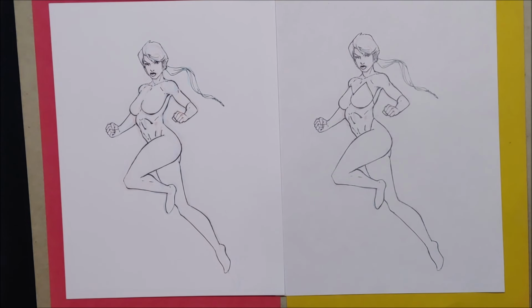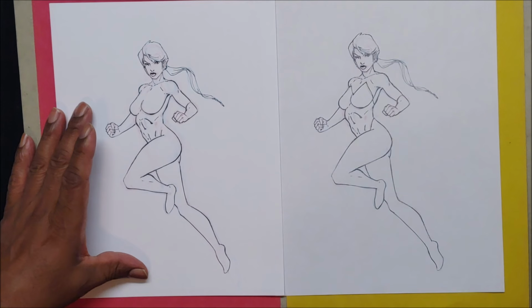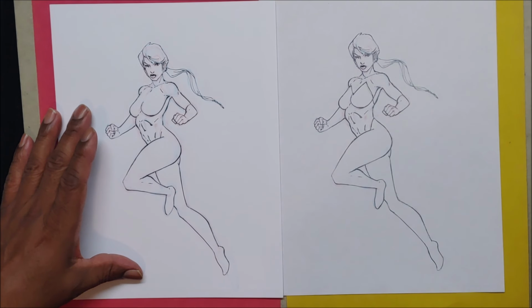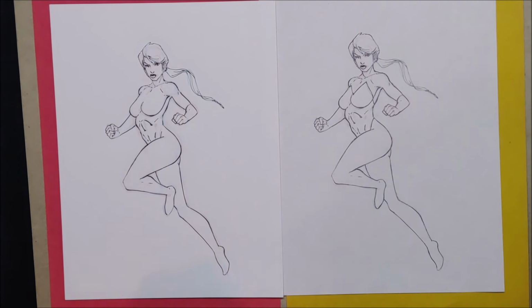I'm doing a female today, working on a female body today. And this is the final product right here. This one, I had to actually dress her so that I could use it for a thumbnail, because YouTube starts